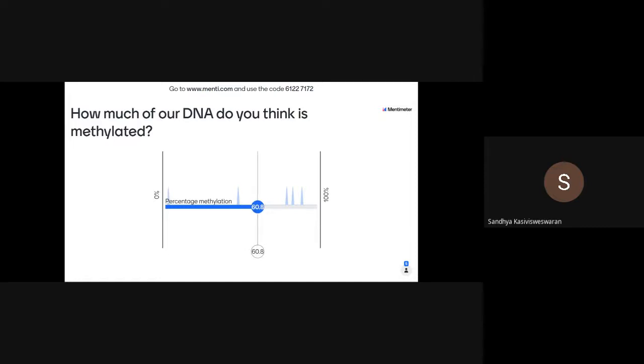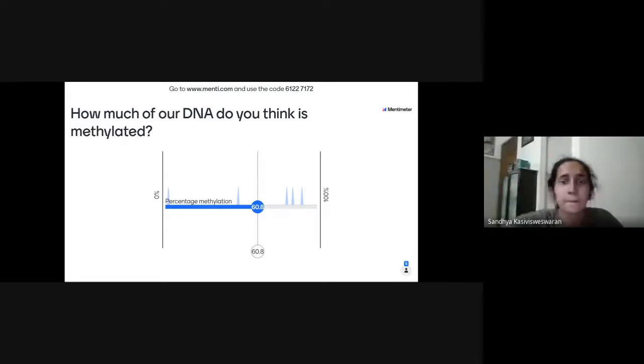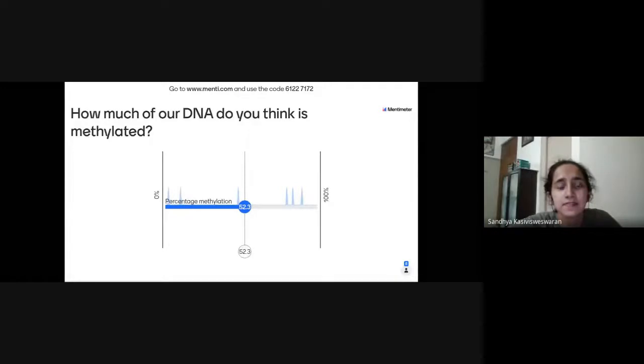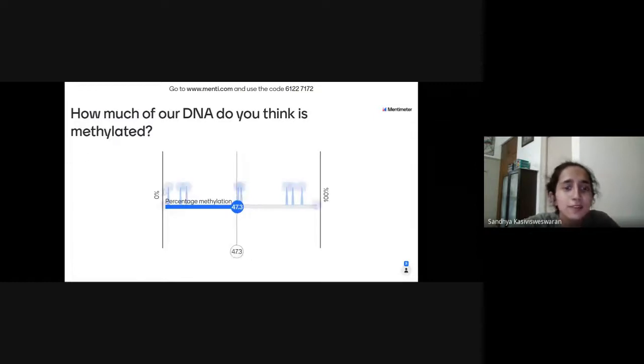That's very interesting. The fact that the average is just above 50%, that's 60%. We have three groups. We have one group of people who think it's really, really low, and we have a couple in between. So, anyone else need to vote?